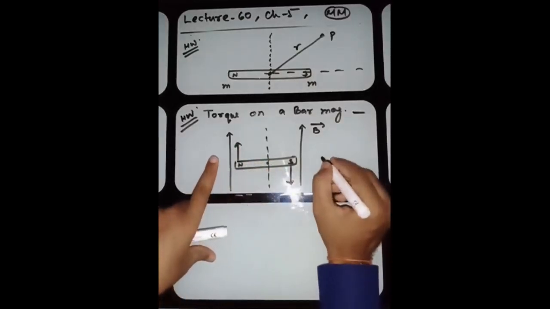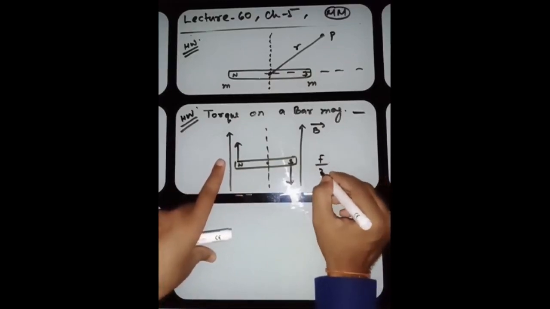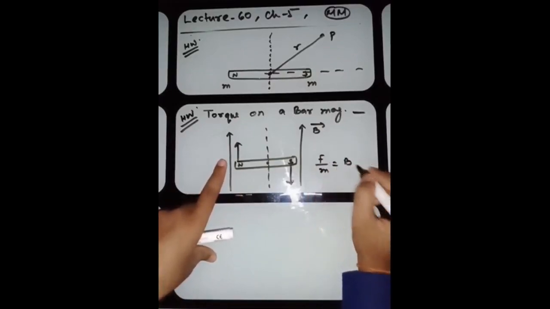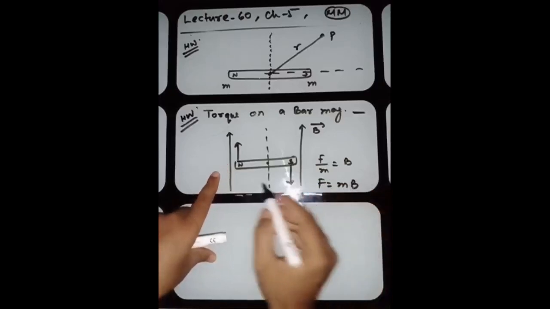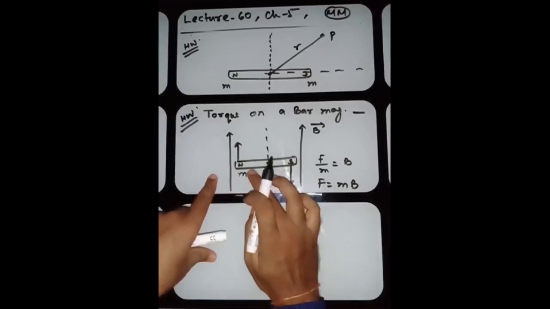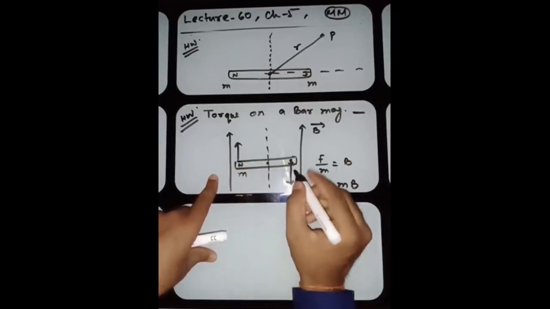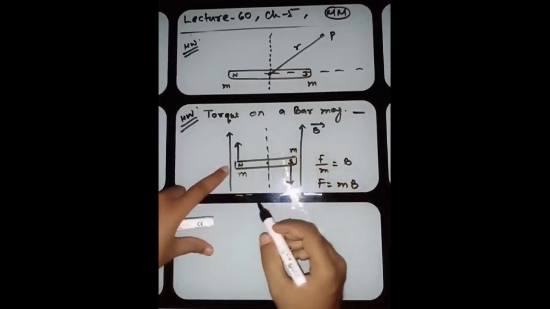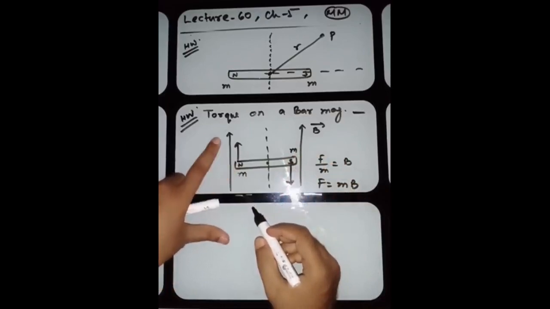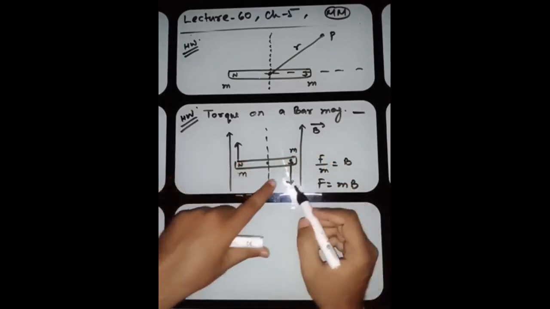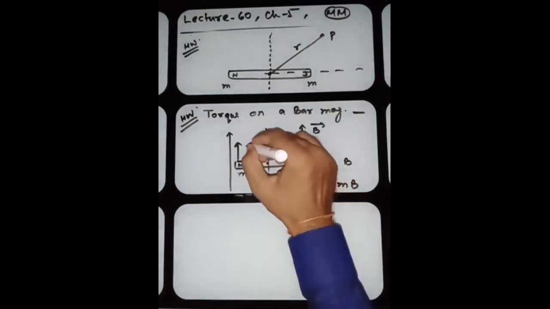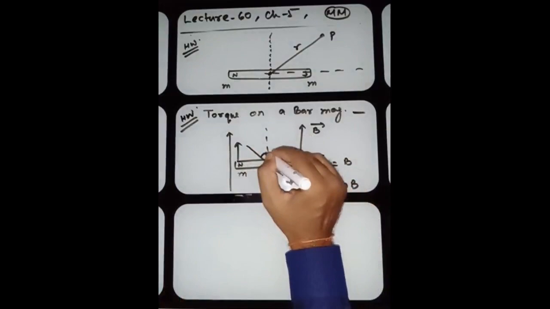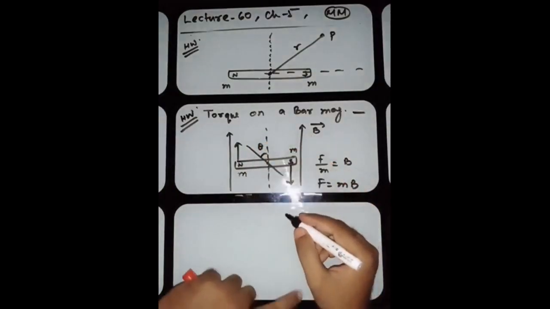We know that force per unit pole strength is the magnetic field. It means the force can be written as the pole strength times the magnetic field, and suppose this pole strength is M, and this is also M. It means this pole will experience a force in the upward direction, how much? MB, and this will also experience a force, how much? It is MB. Finally, it will rotate in a particular direction, suppose by this angle theta,